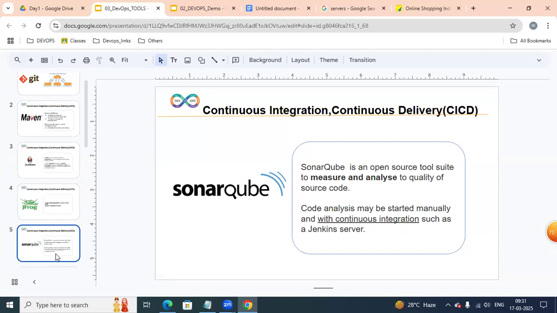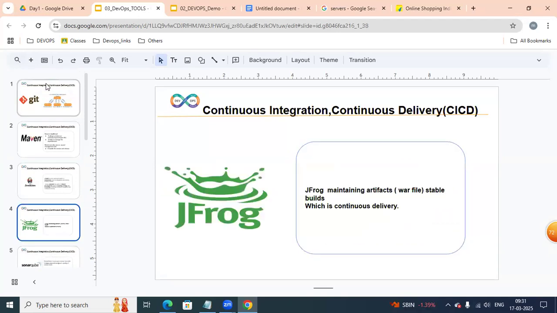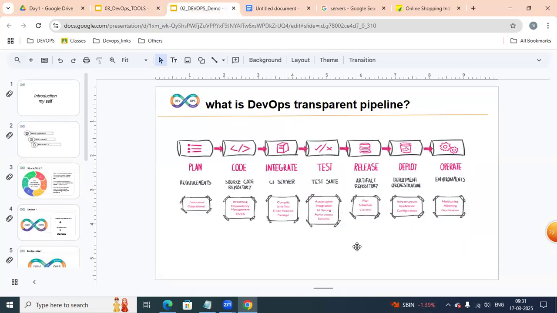Whether the developers are following standards or not, whether the developers are using the right functions or not, it will provide analysis, statistics and reports also. By using Maven, Jenkins, JFrog, and SonarQube, we can implement continuous integration, making working software, and continuous delivery. Once it is delivered, we are going to deploy our applications on hundreds of servers.